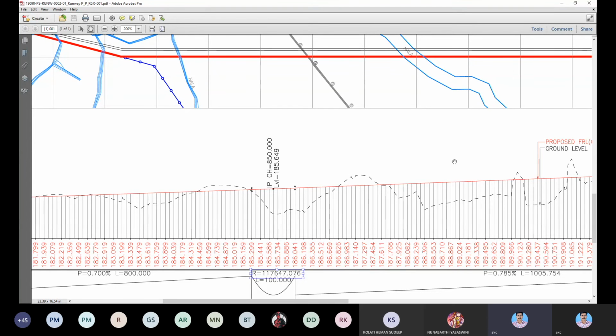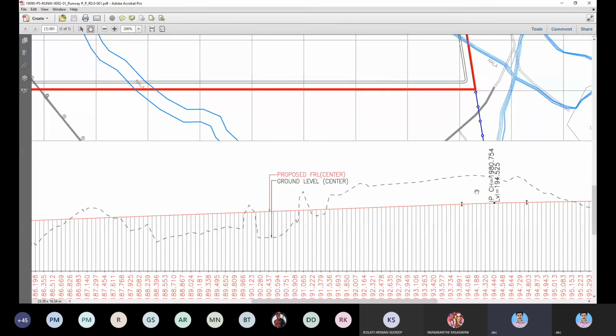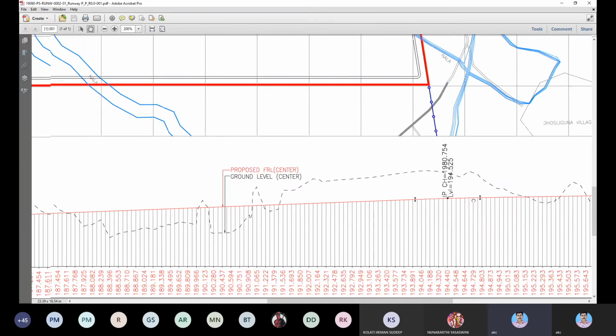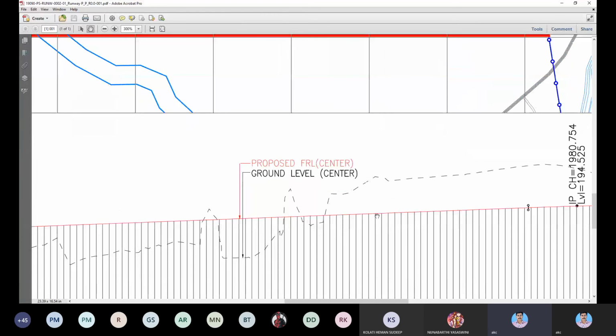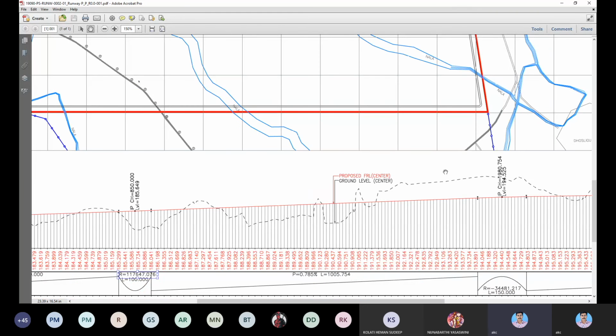Then you need to cut this, and similarly, you need to cut this whole portion. Normally when they do this profiling, this proposed FRL means finished road level, they will see that the cutting and filling should be almost in a 50 to 50 ratio, so that whatever you cut can be used in filling the other portion of the road.